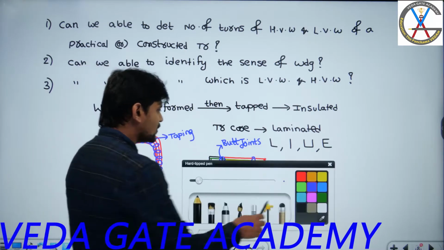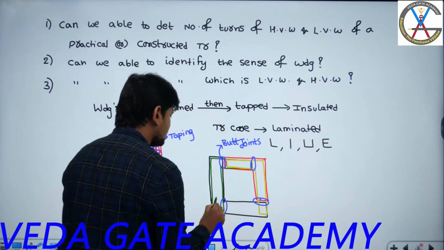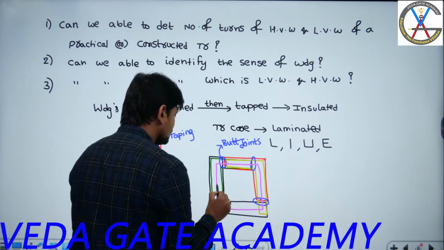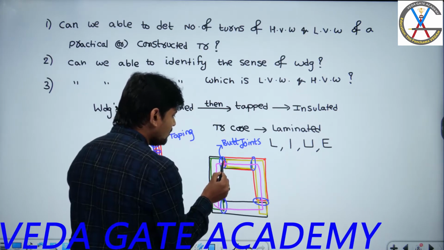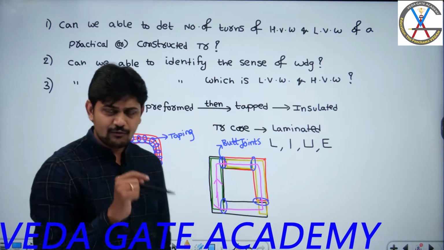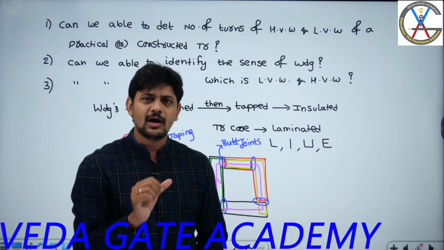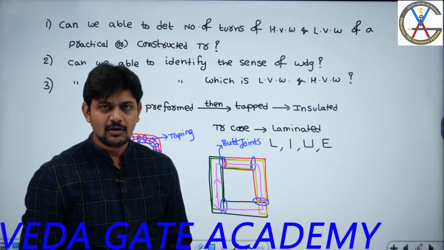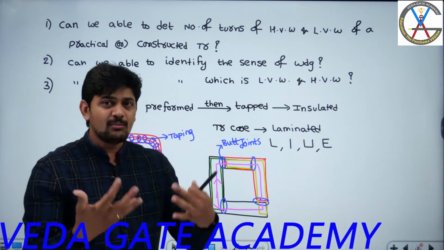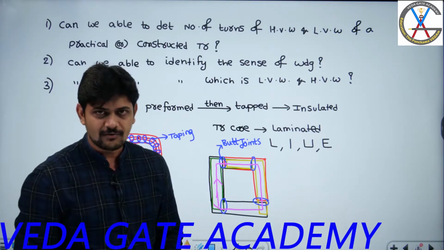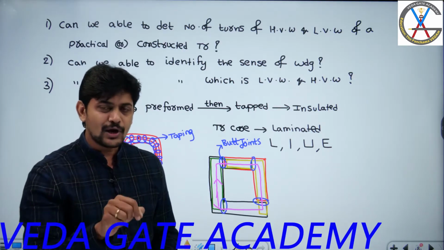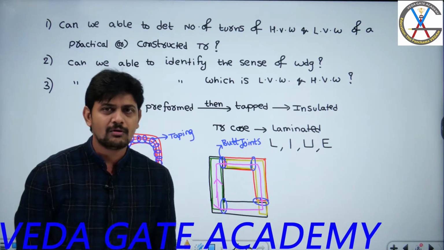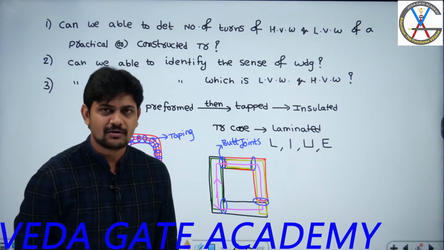That means here, if you try to see, let us assume that the flux is generated here. So the flux will complete the path in this fashion. Yes or no? So it will complete the path. So the moment I have a small air gap, as we have already discussed, by introducing a small air gap, the overall reluctance offered for the flow of flux increases to a very large value. So obviously we require a high amount of magnetizing current to produce the required flux. So if I can reduce the overall reluctance offered for the flow of flux, then with a small amount of magnetizing current, I can produce the required flux.